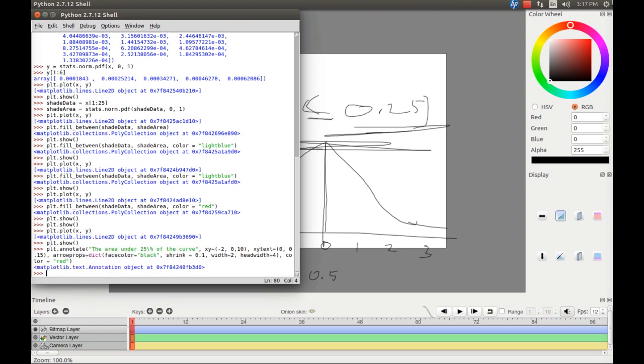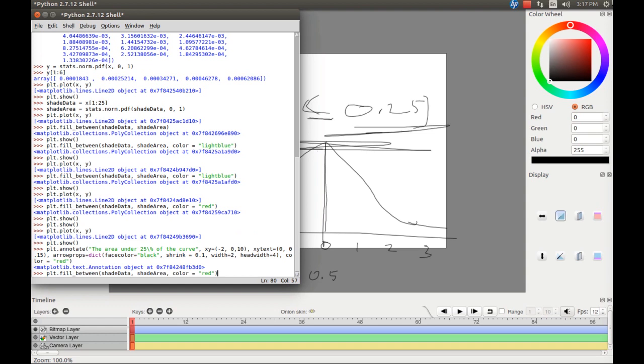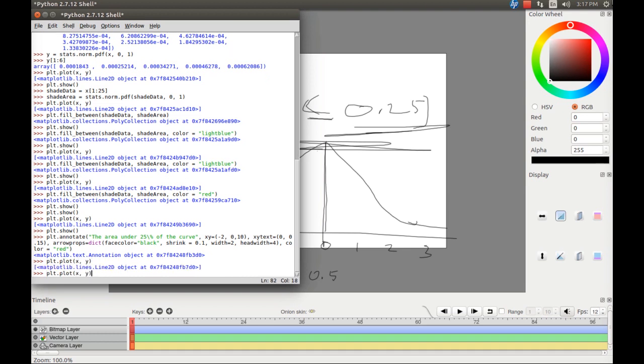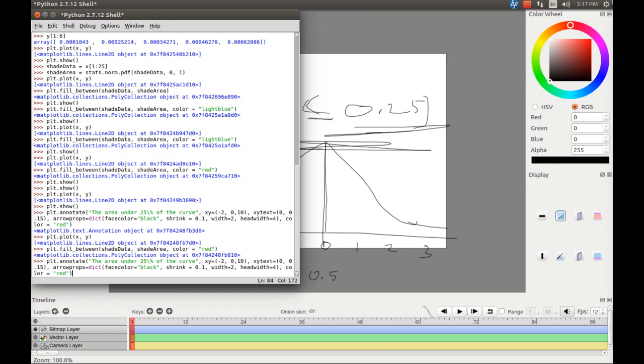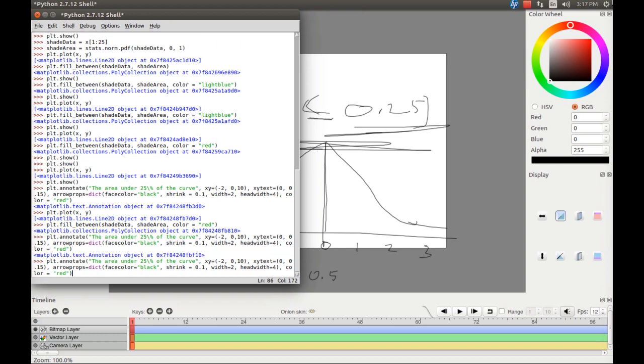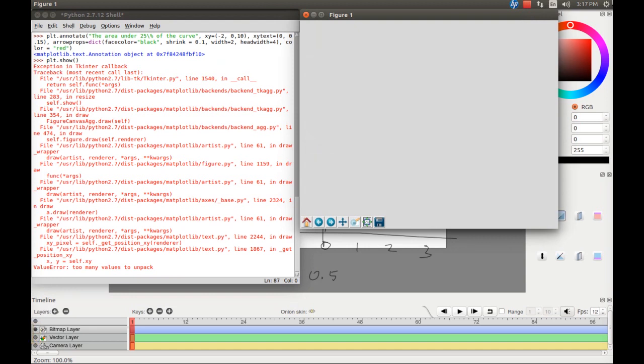So we are not going to do anything. We have to do this along with plot xy. Where do I have that plot xy? Yeah, plot xy. Then plot the area, fill between. We have to go to the, yes. Now annotate. Yes. Now plt.show. Yeah, I think we